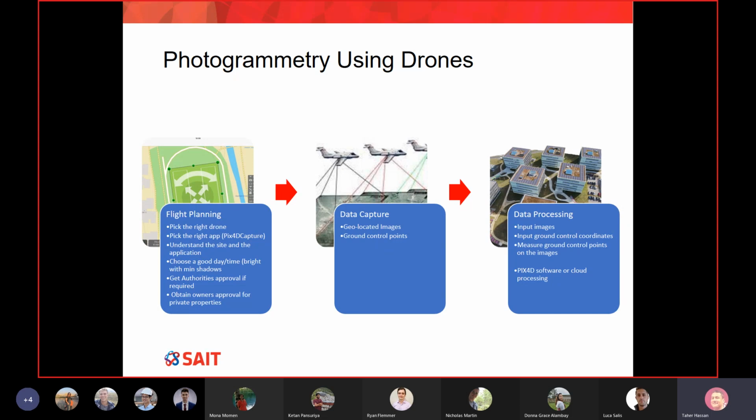The photos must be collected in a specific configuration. They must maintain a certain level of overlap. Okay. Then once we have those photos, we go to the next step, which is data processing, where you can